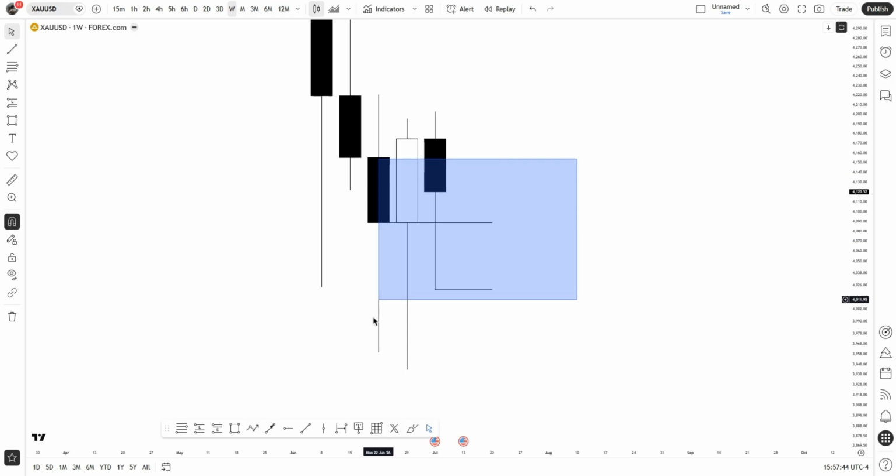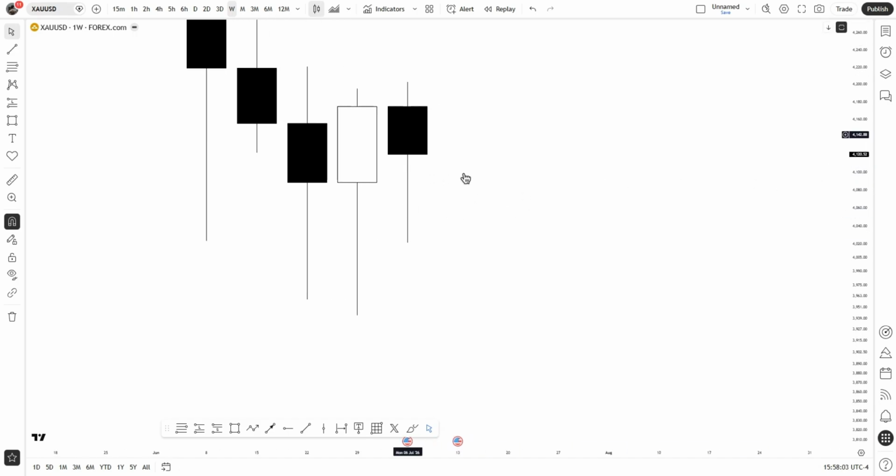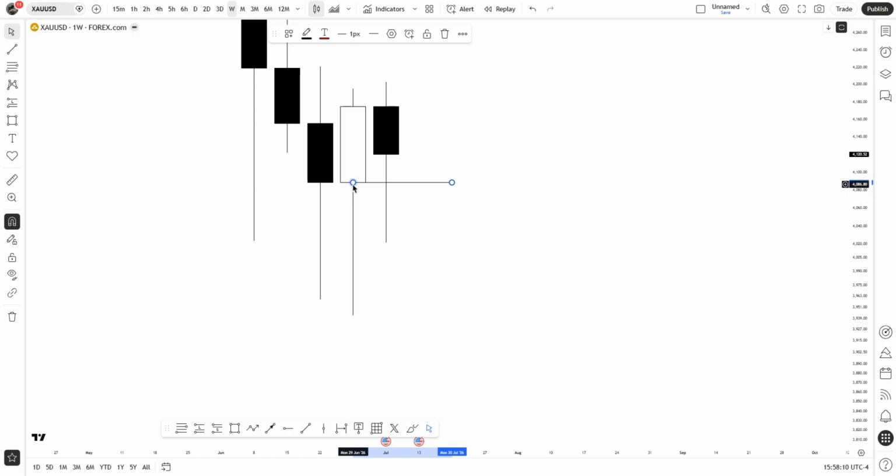Okay, so this is the rejection block, and this is part of the order block, because there are three levels of the order block: the opening price of the order block, the closing price of the body of the order block, and 50% of the order block. Okay, now you can see the market rallied and even closed above the opening price of the rejection block,